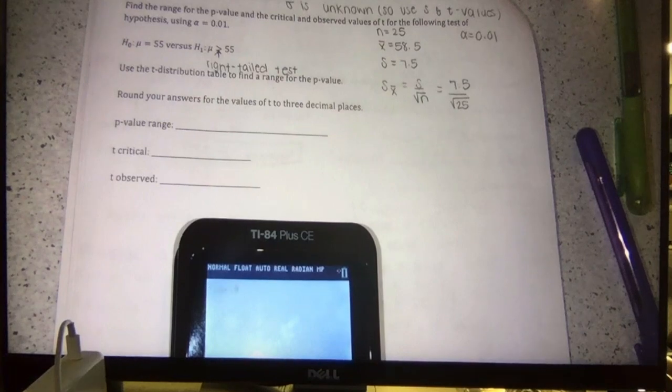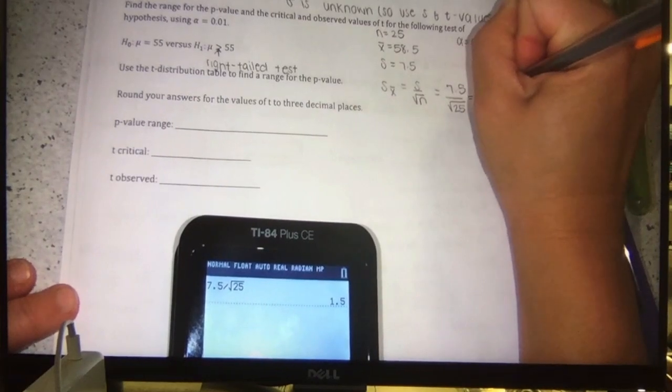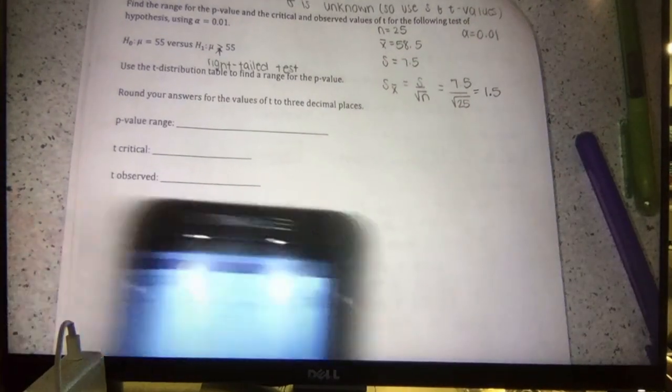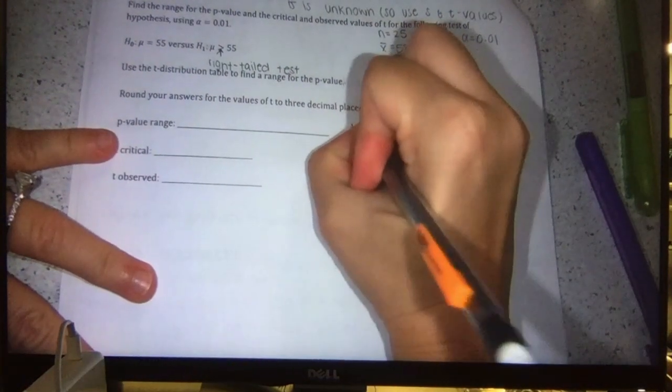7.5 divided by the square root of 25 will give us 1.5. Our t observed. I'm trying to keep everything looking exactly the same, and I don't want to go out of order, so that you get in the habit of doing exactly the same thing every time. So t observed